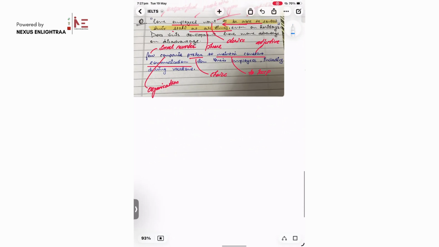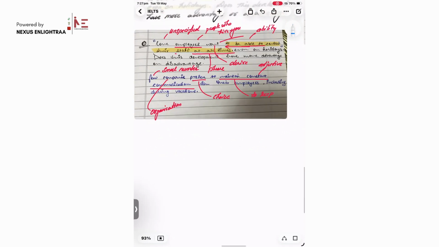It says few companies. So instead of few, I would go with some companies. So instead of some, I can say many. Instead of employers, I can say many